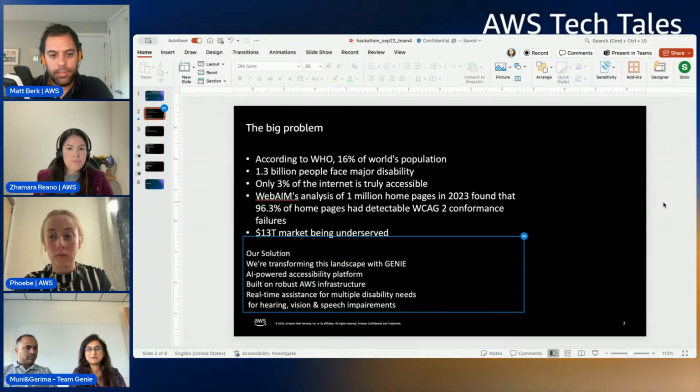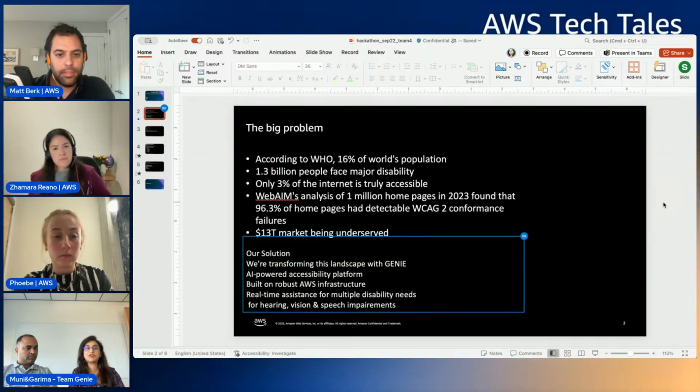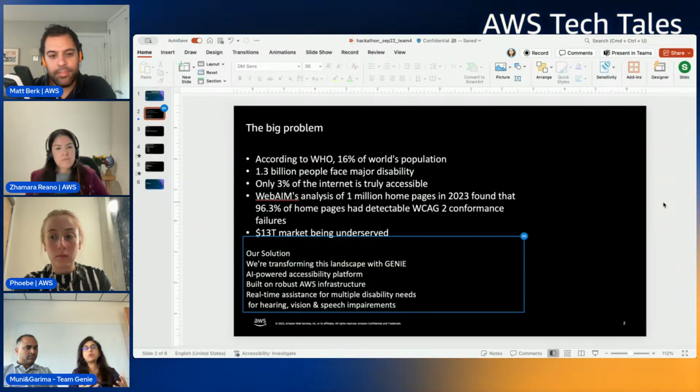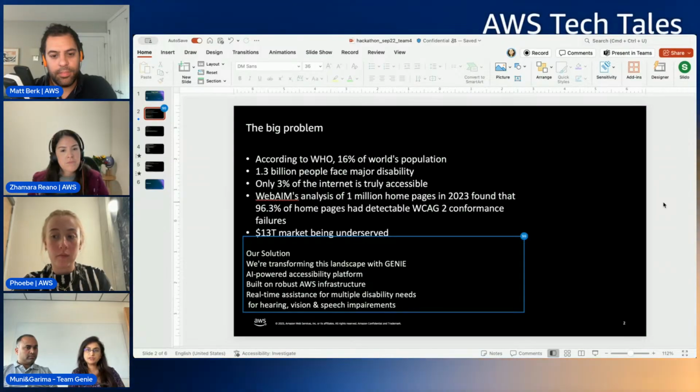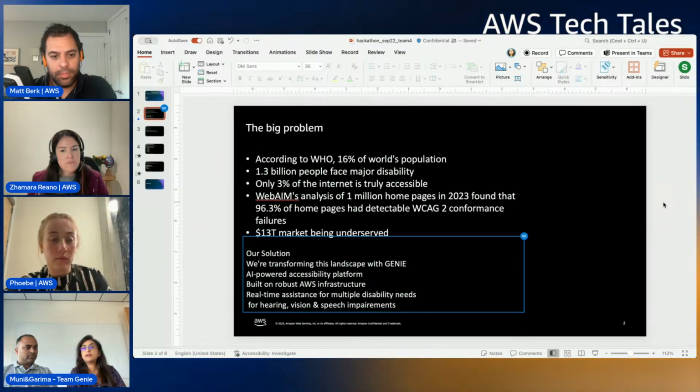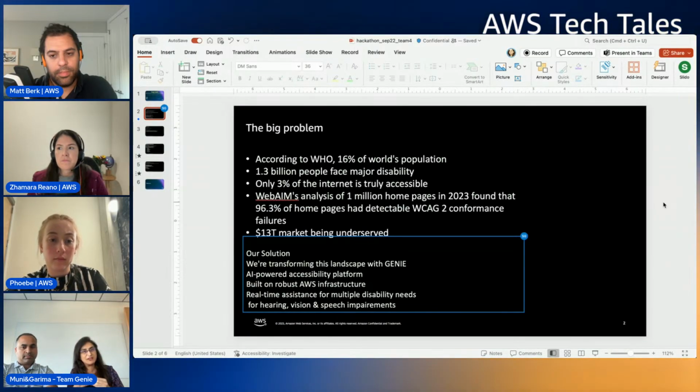Some of the examples were already given on the Twitch already. And we just wanted to use the existing features of the AWS platform. For example, we also have a lot of testing tools which can provide you the state of accessibility for a particular website. So we wanted to pick these two ideas and merge them together.